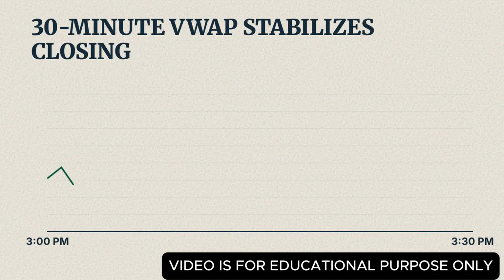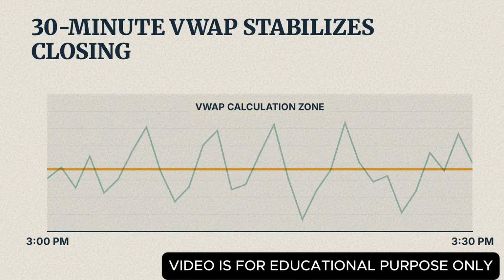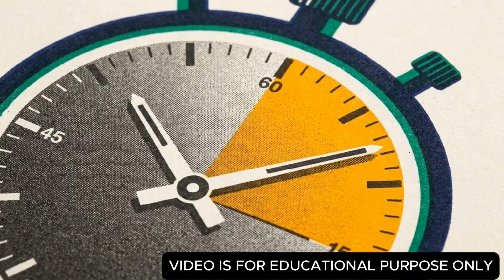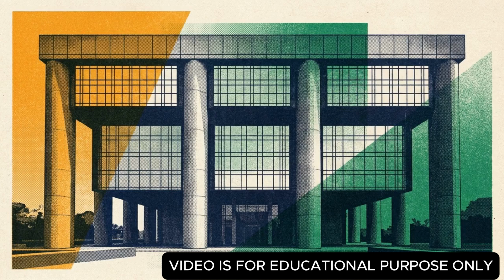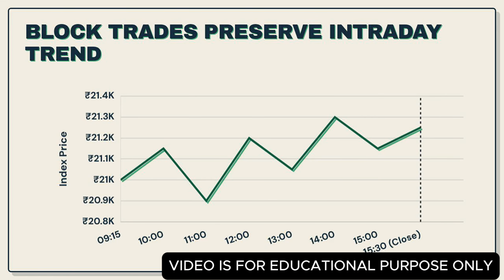Until recently, the final closing price of an Indian stock was calculated using a 30-minute volume-weighted average price. This required sustained buying or selling over half an hour to move the needle. But regulators recently replaced that system with a brief closing auction session, or CAS. The intended macroeconomic goal of the closing auction session is practical. It allows massive passive funds to execute large block trades exactly at the daily closing price without distorting intraday charts.